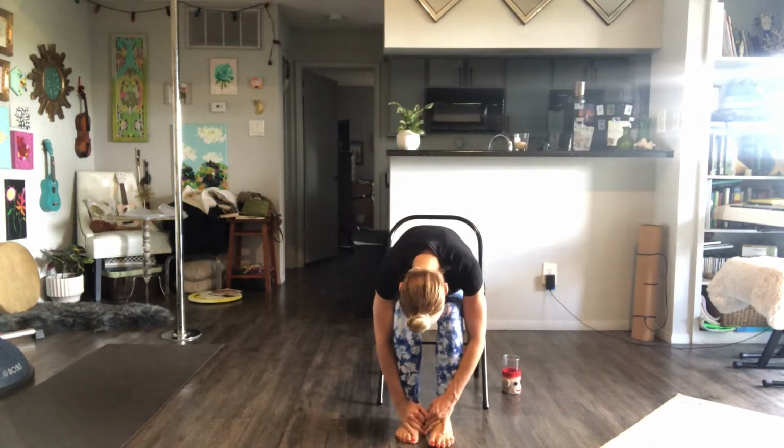And when you're ready, we'll switch. And if you've done the forward fold like this, just take another one. We'll take the opposite leg up, wiggling that foot around, checking our joints, making sure we're comfortable in this position. Take a deep breath, reaching down into the seat, rising up through the spine. Remember your shoulders up to the ears and down the back, just to remind those shoulder blades to stay together. Reaching up to the ceiling, to the crown of the head,